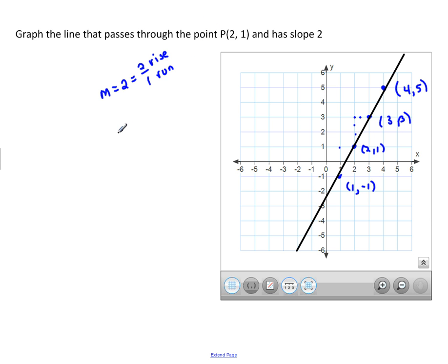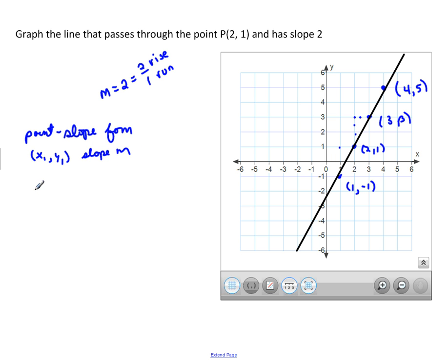Now, there is actually another way of writing the equation of the line that we have not used before. Let me just quickly give it to you here, even though we'll probably encounter it later. This is called point-slope form, and sometimes it's a really easy way to get an equation of a line. It says, if you have a line that passes through the point (x1, y1) and has a slope m,